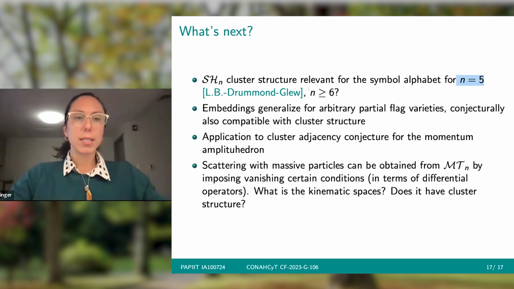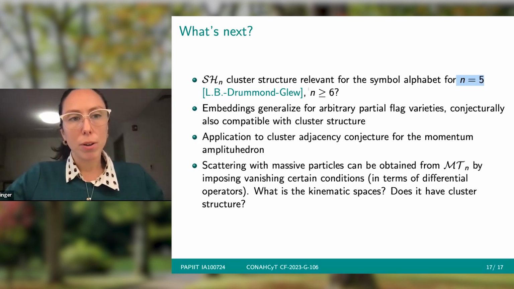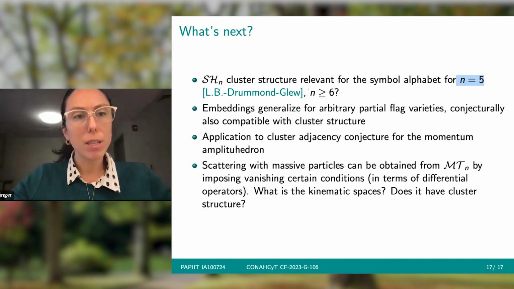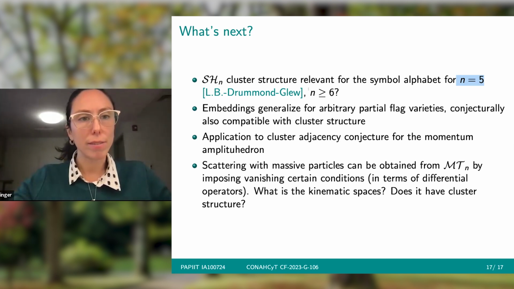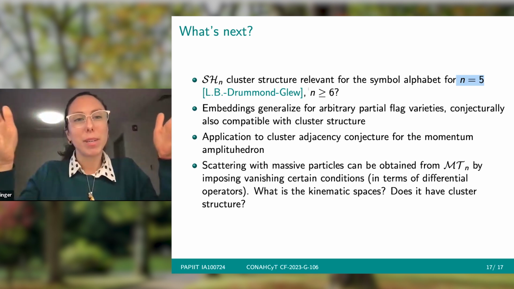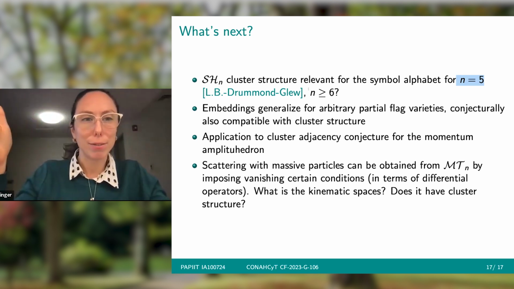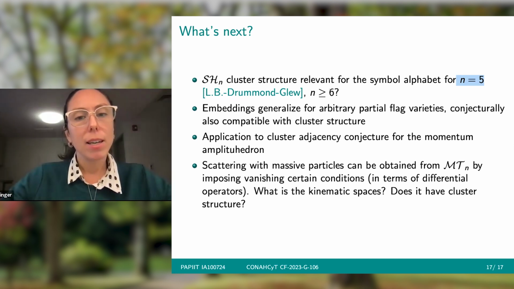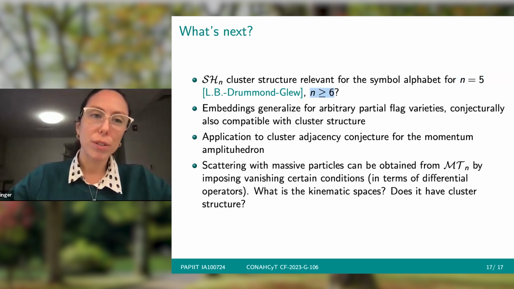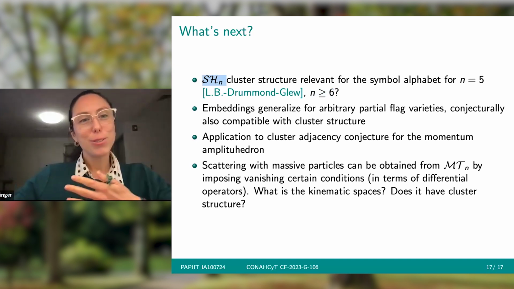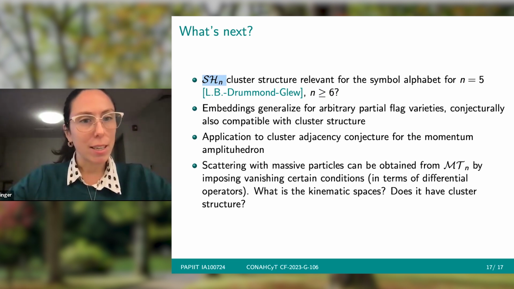We have partial results on n equals 6, but the general problem in this program is that as soon as the cluster structure becomes infinite, we need to make a clever choice of cluster variables, because we no longer need all the cluster variables: in the symbol alphabet, until a certain loop, we always have a finite set of letters. So there are some technicalities coming in, and the picture is not yet complete. Also, physicists right now are computing the alphabets with other methods for n equals 6 up until 2 or 3 loops. So we're still waiting for those results to then check if we can see the cluster structure